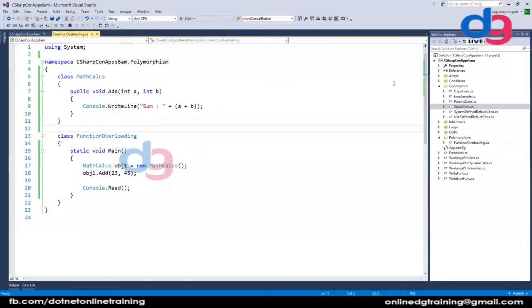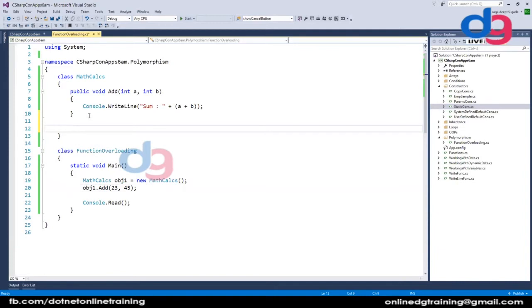This is okay. Now let's say the end user wanted to add two float values. The end user says: not only integers, but sometimes I need to add float values also, like decimal values. Then what do we need to do? For this existing thing, what I can do is public